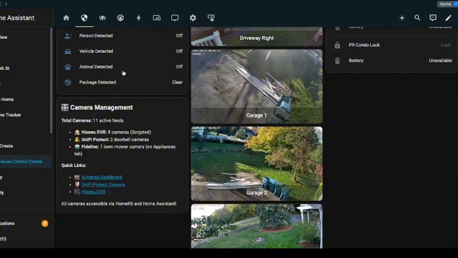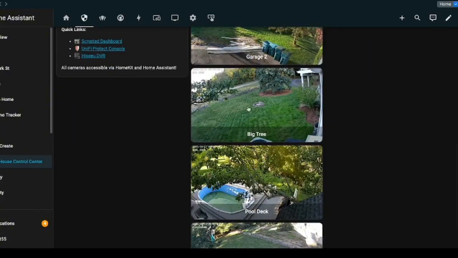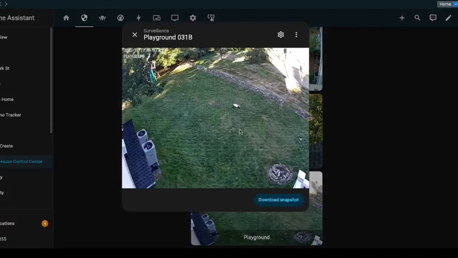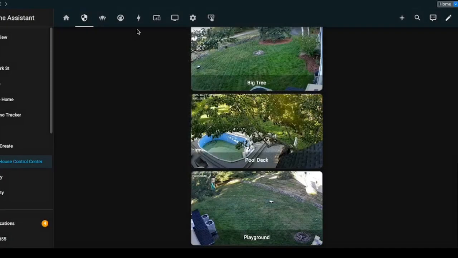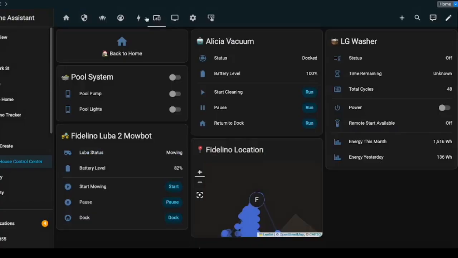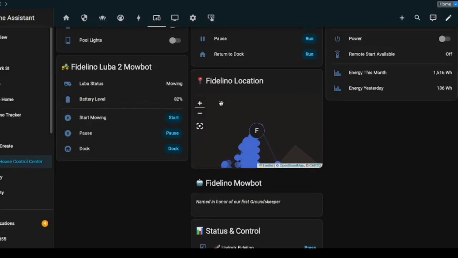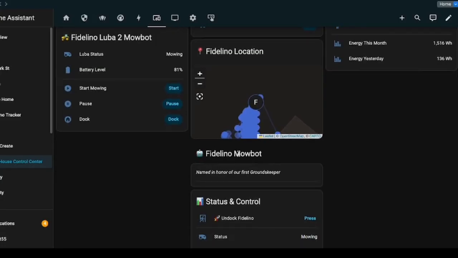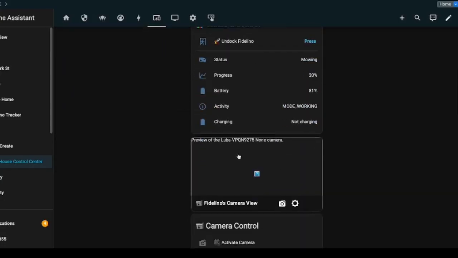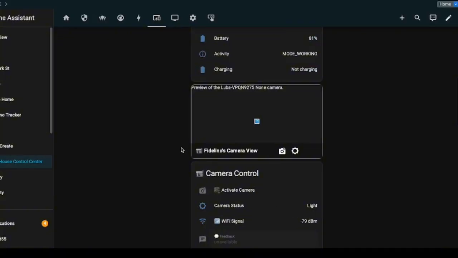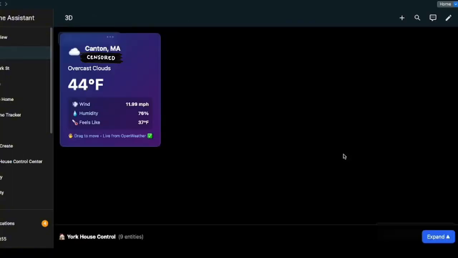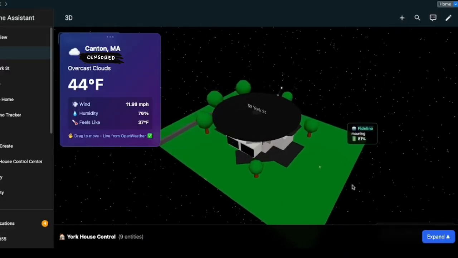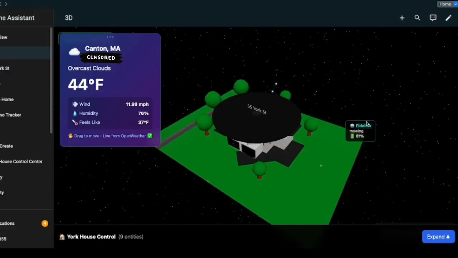You could potentially see the robot. He's out here somewhere. Oh, there he is, cutting the grass. So you can also see him here. We have the robot vacuum, but this is actually the robot mower. He does have an onboard camera that you can activate. And I would love for the 3D model to let you click here. I'm going to add this integration next,